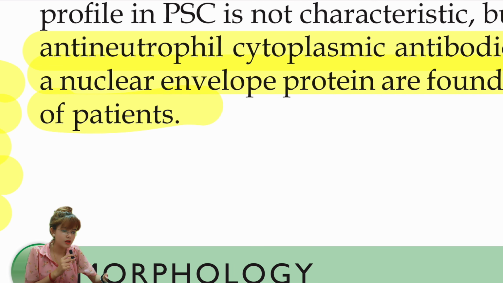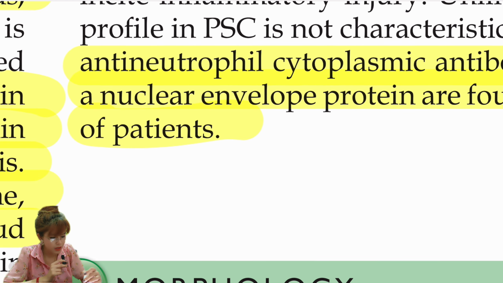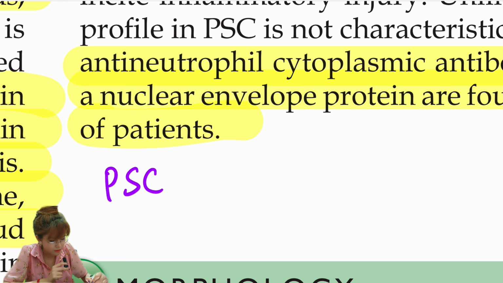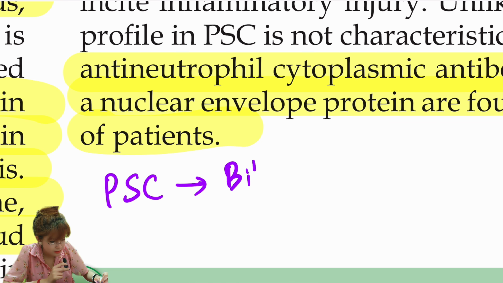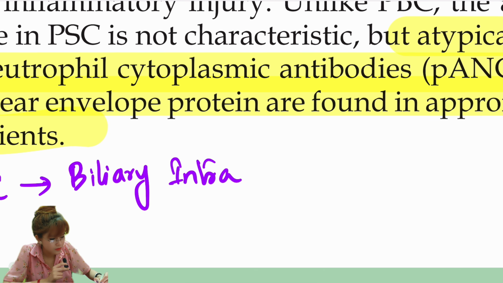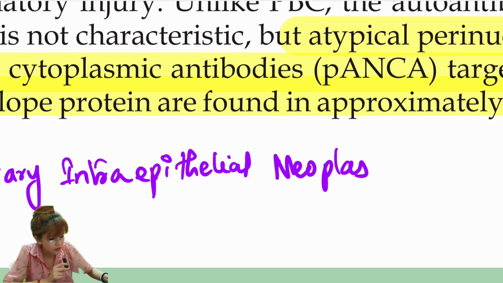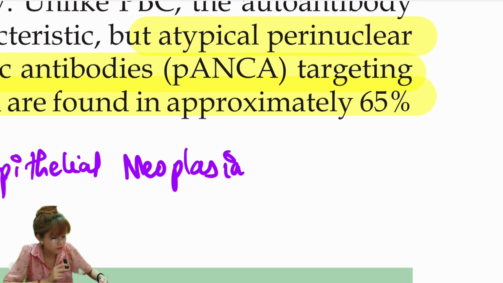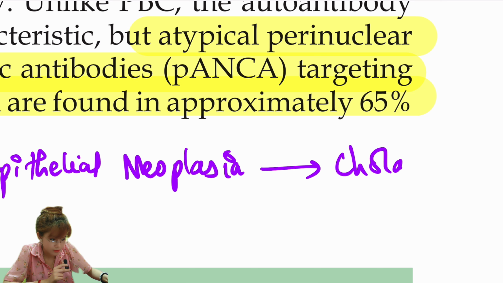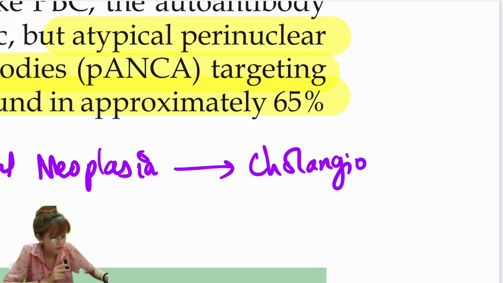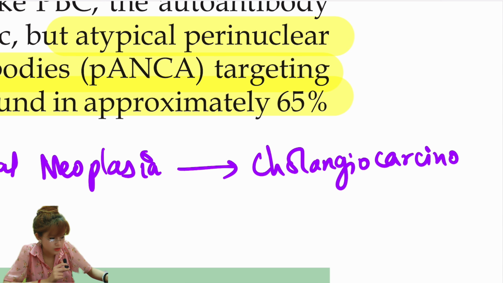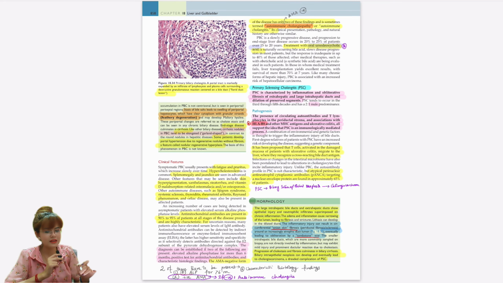This can be a future question, that PSC can get converted to biliary intraepithelial neoplasia, and this can again get converted to cholangiocarcinoma. So this is therefore very, very dangerous, right? This complication is not there in case of primary biliary cholangitis. Okay,